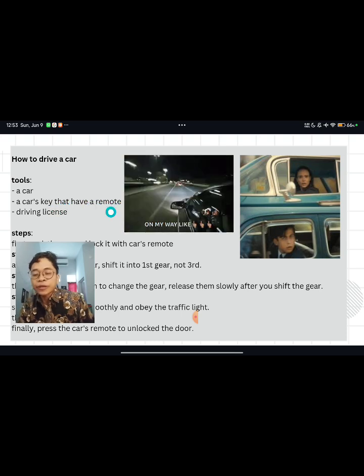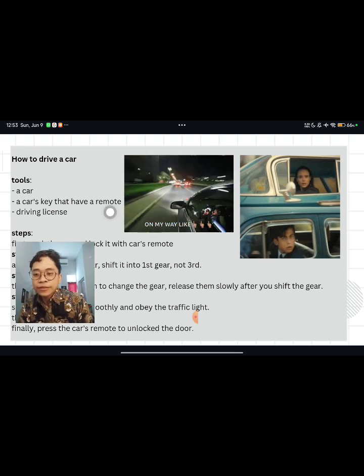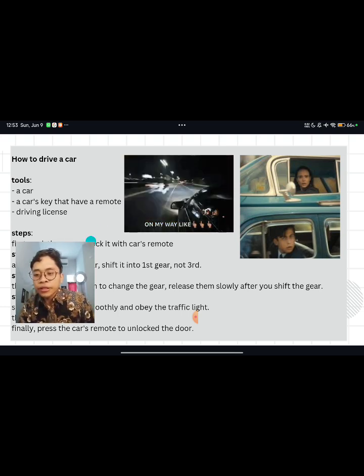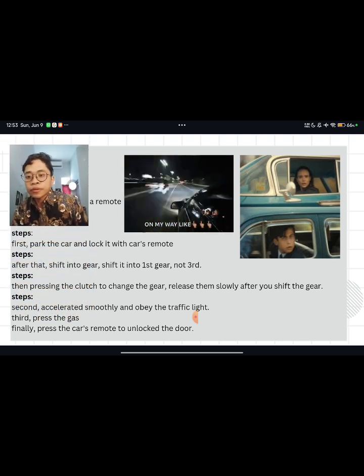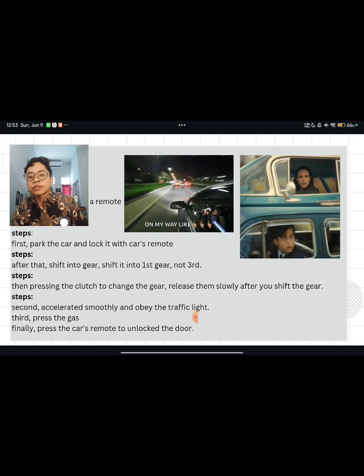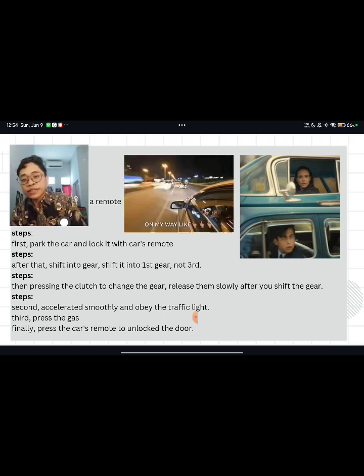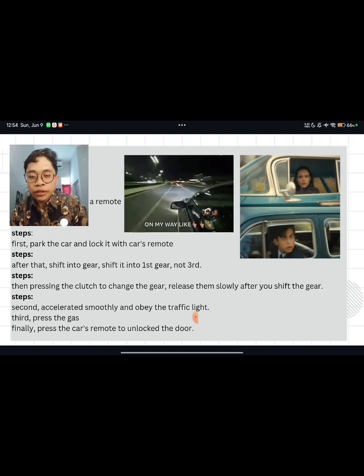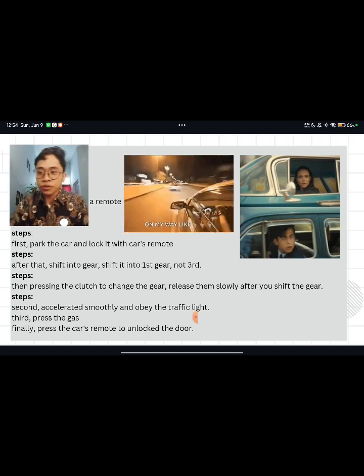Of course, we can't drive a car without a car key, right? And then a driving license. Of course, we have to obey the traffic, gitu kan. Okay, and then the step is first. Do you think the steps are already in the right order or not?